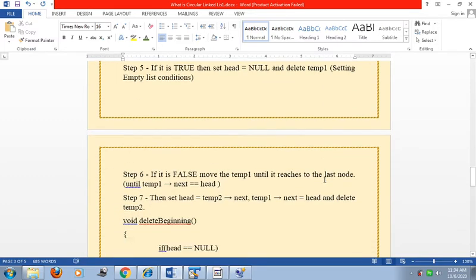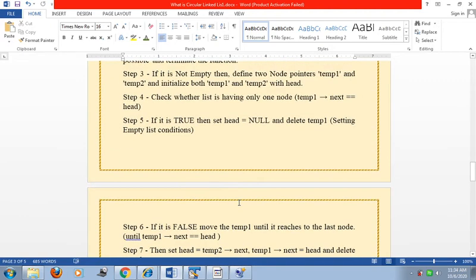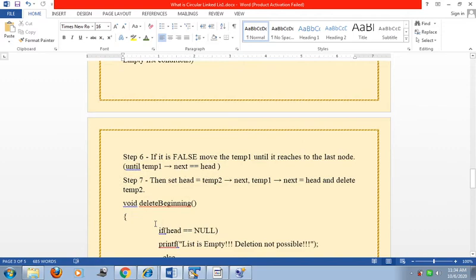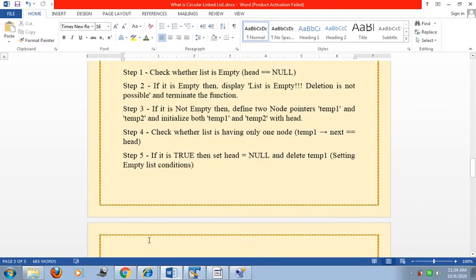If it is false, that is, if the list contains more than one node, then move temp1 until it reaches the last node, where temp1 of next equals head, and then set head equal to temp2 of next, and temp1 of next equal to head, and delete temp2. This is the deletion of the node from the beginning of the circular linked list.